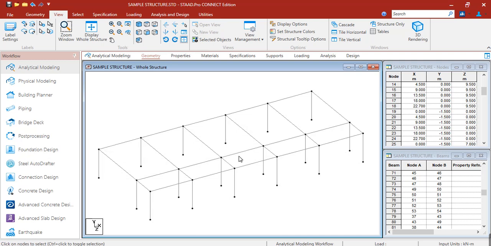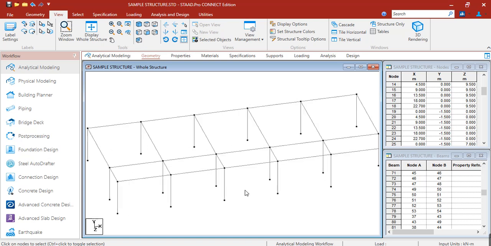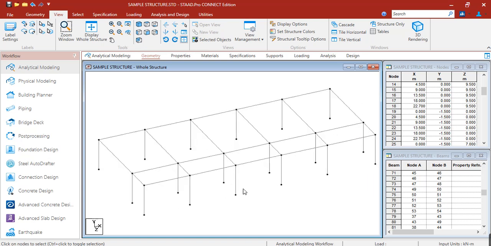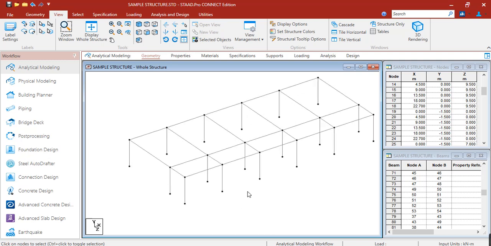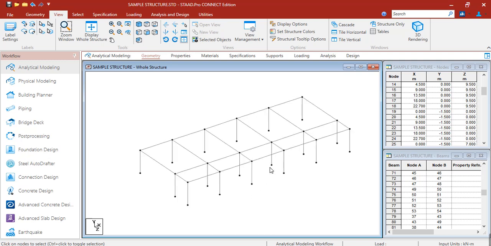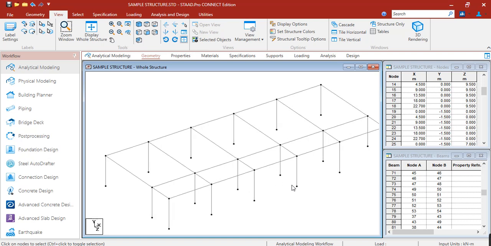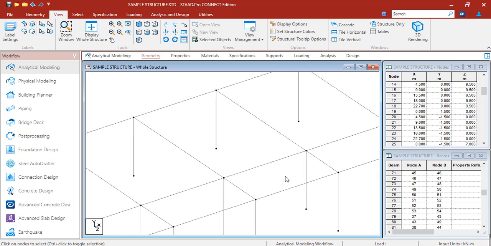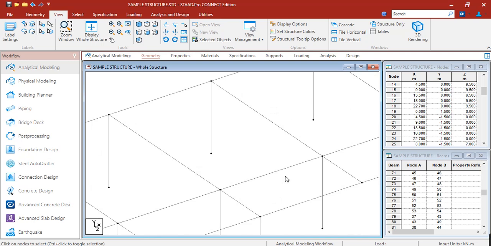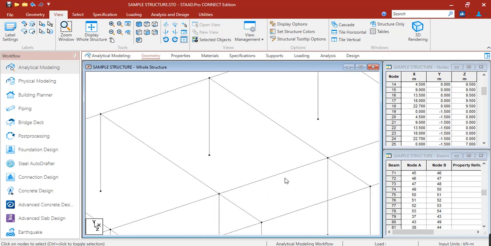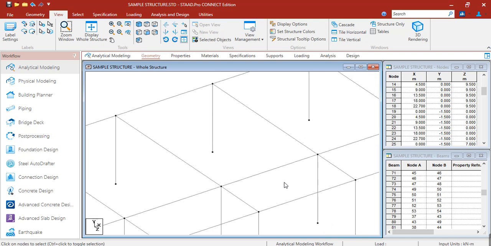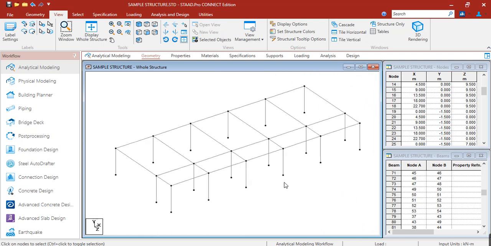Okay, so if you want to move your view, in your mouse for the cursor, scroll up to zoom, back or forward for zoom in, and backwards for zoom out.